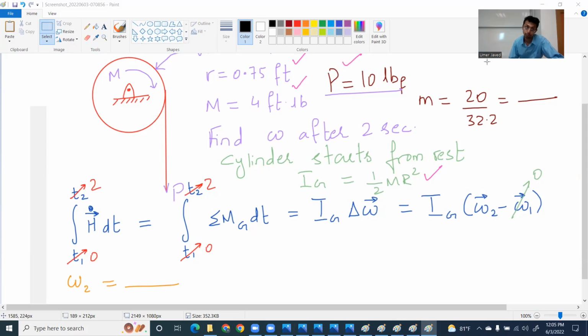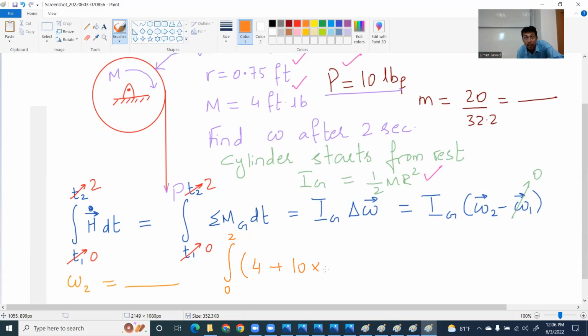It's not in my notes. So what I can do is I will do it in front of you right now, and you just tell me whether you did everything fine. The integral of M_G dt will be the integral from 0 to 2 of the moment, which is 4 in the clockwise direction, plus the load P, which I think I gave you as 10,